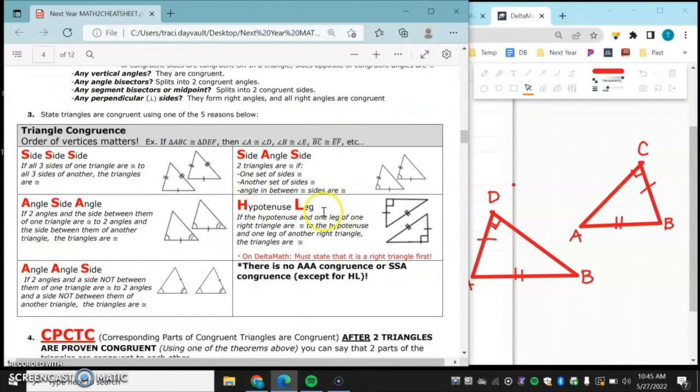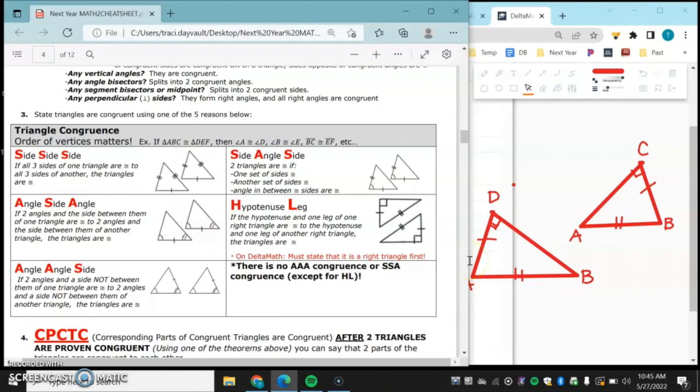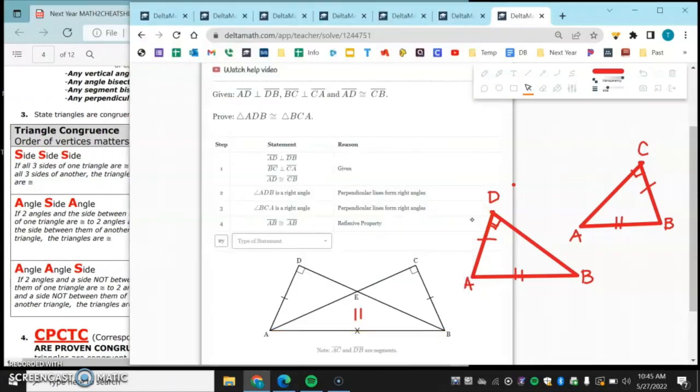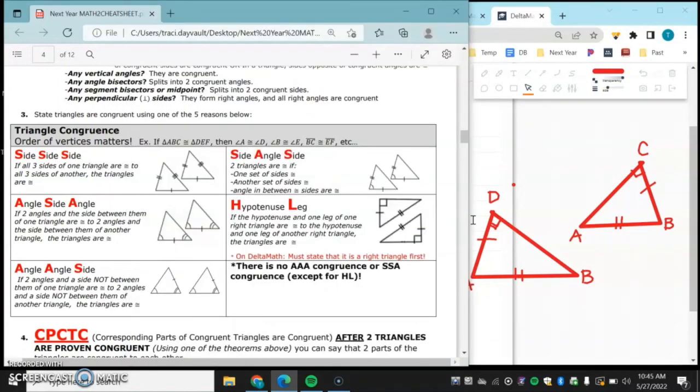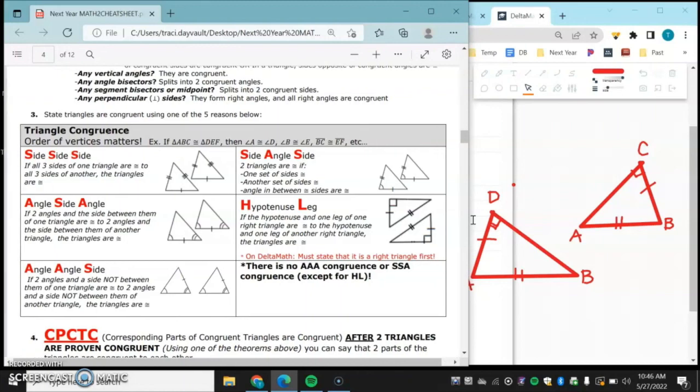An angle and two sides, and the two sides are not on either side of the angle. So this would be side-side angle or angle-side-side. Does side-side angle work? Only if it is a right triangle. And is this a right triangle? Yes. So that means that we can use hypotenuse leg because this is the hypotenuse across from the right angle and the leg. Okay, but on Delta Math, you have to state that it's a right triangle before you use